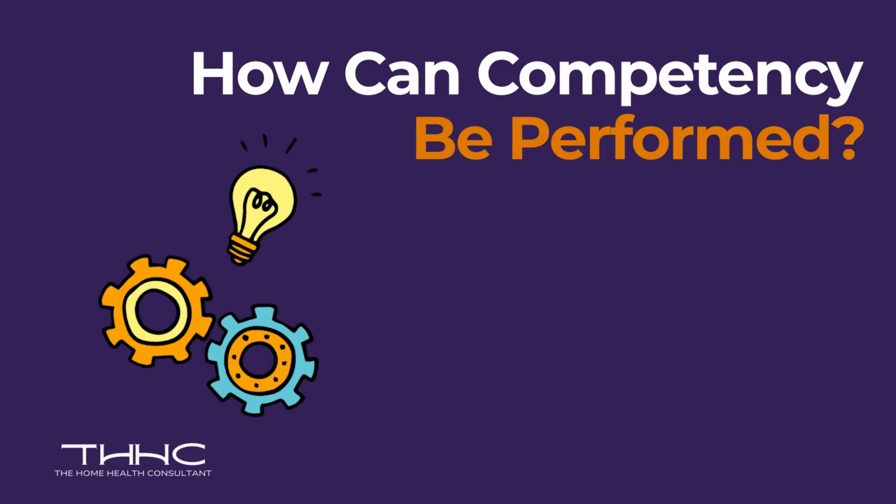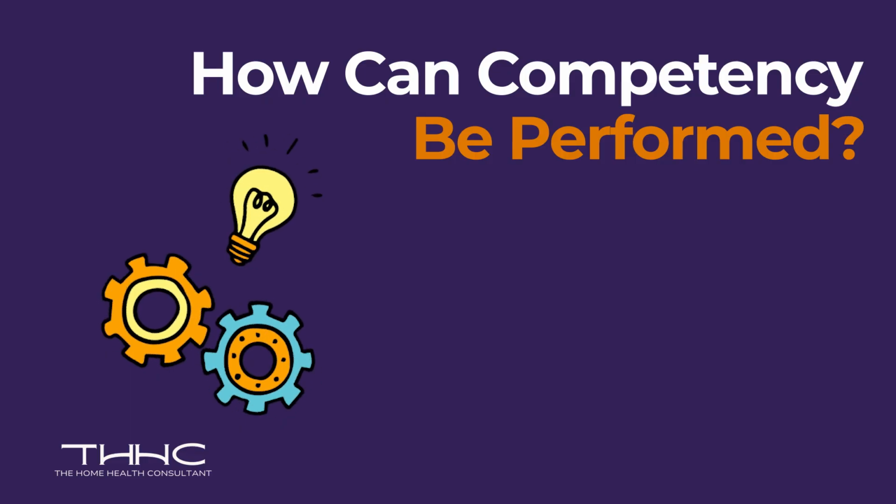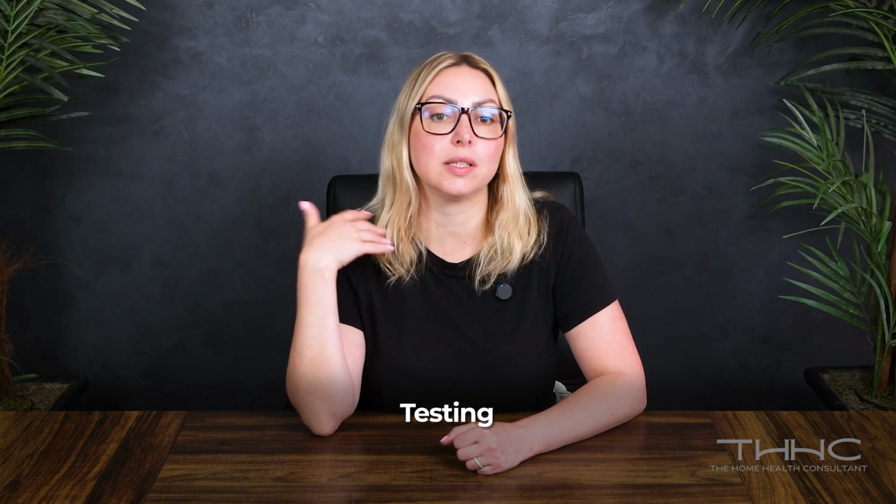So competencies can be performed in a number of ways. There are different methods for competency. The main one is observation. This is when one clinician observes the other one doing it and checks off that they can perform that skill. There's also testing, like different kinds of verbal tests, where a clinician describes how they would do it and you're saying yes, they know how to do it or they don't. There's also a competency self-assessment, meaning they just go, yes, I know how to do this. I don't know how to do this. I do know how to do this.